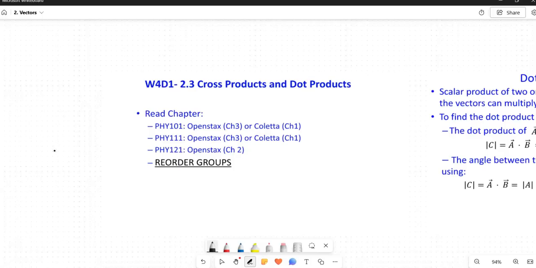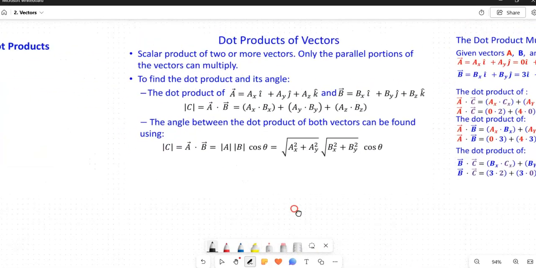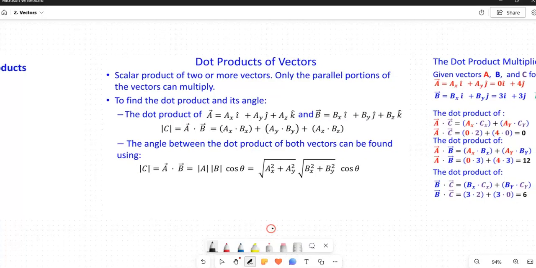Now, this part, 2.3, is cross products and dot products. There are two types of multiplications when it comes to vectors. One is a cross product and one is a dot product. And they both do different things depending on the parts of the vectors that you're multiplying. Okay, let's start with dot products. Dot products are when you create a scalar component of another vector by multiplying the parallel portions of two other